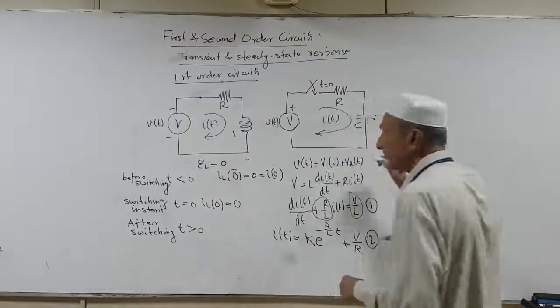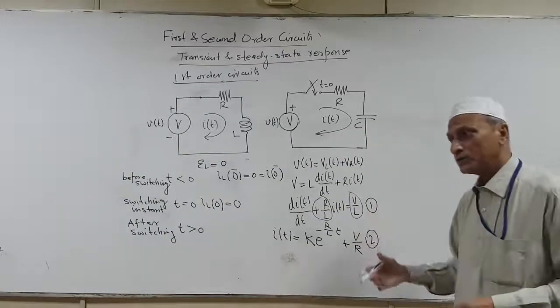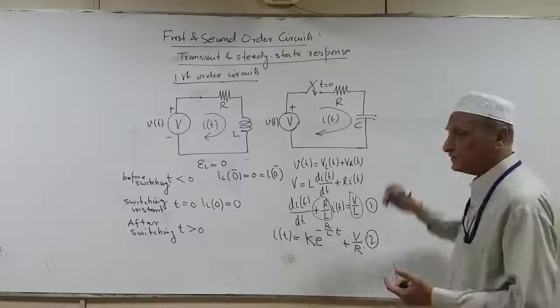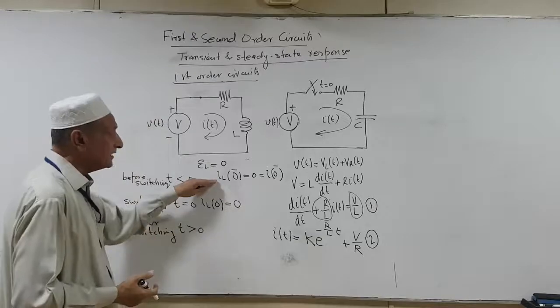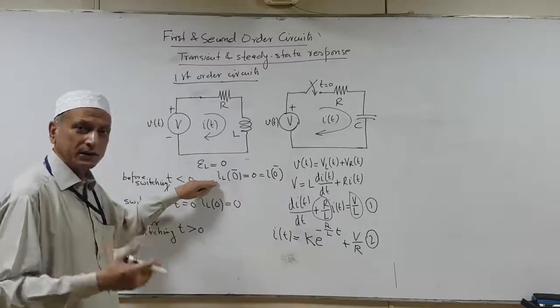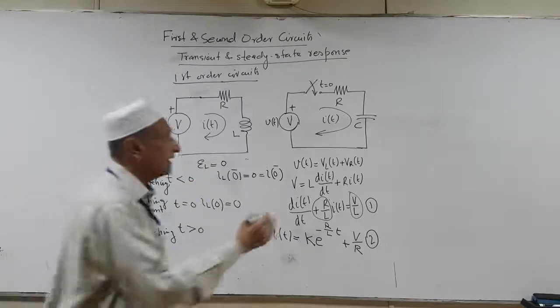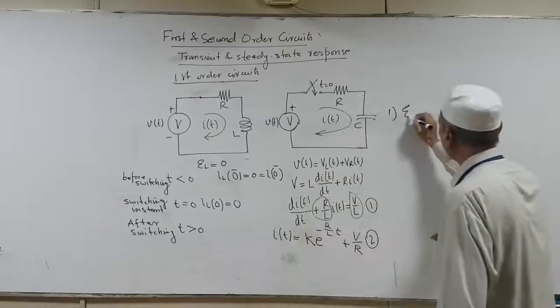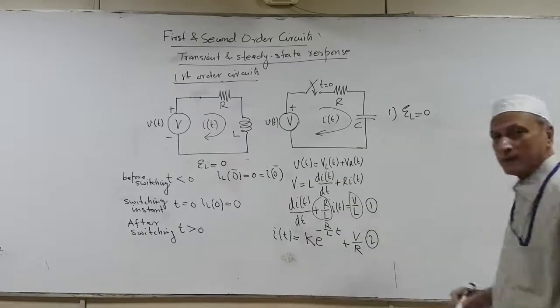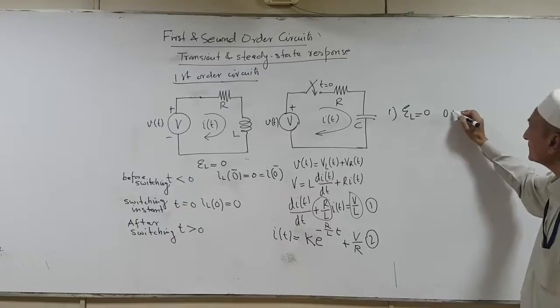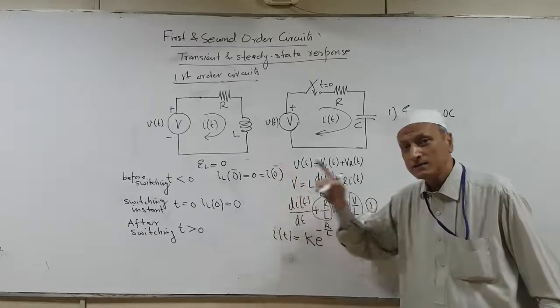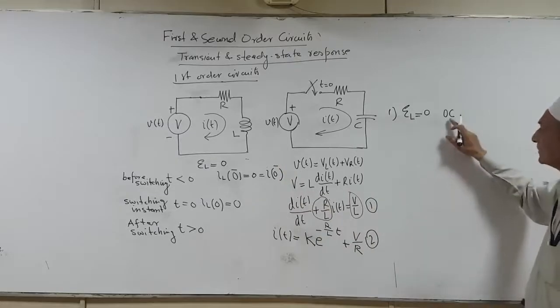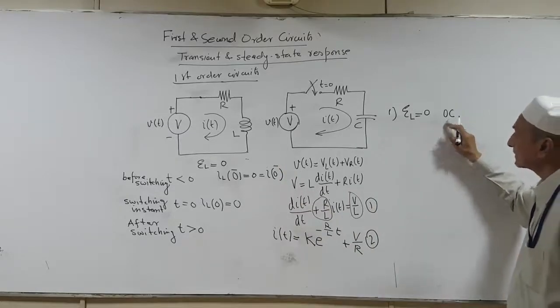The first one is actually given in the notes, so please go through the notes. I'll just go quickly through it. The first conclusion is that an inductor with no energy content effectively acts as an open circuit. Because of this condition, I is equal to 0. That is, current 0 is the condition for open circuit.